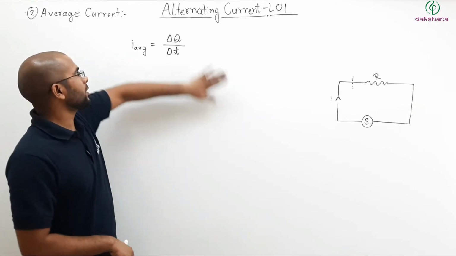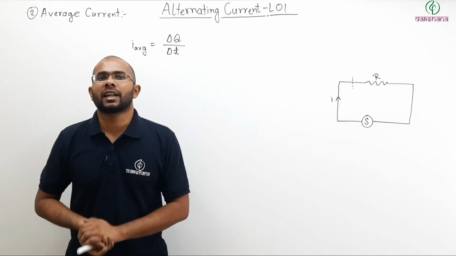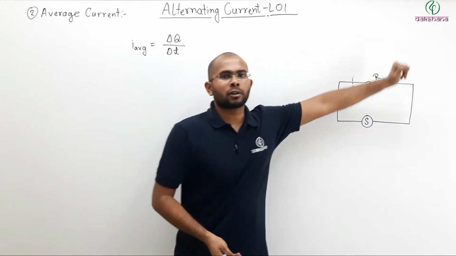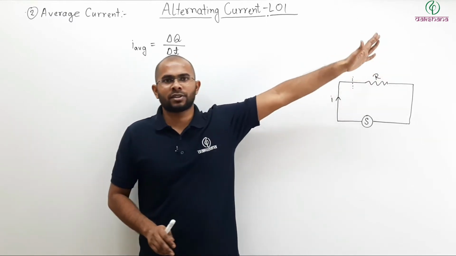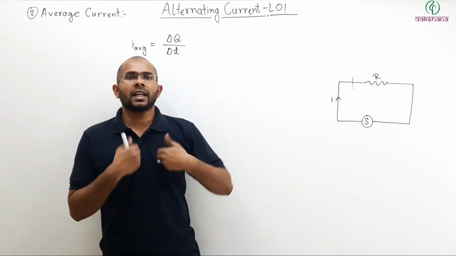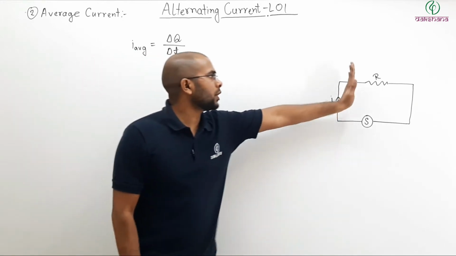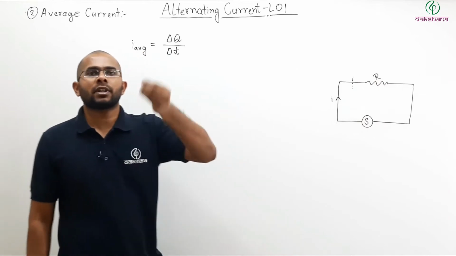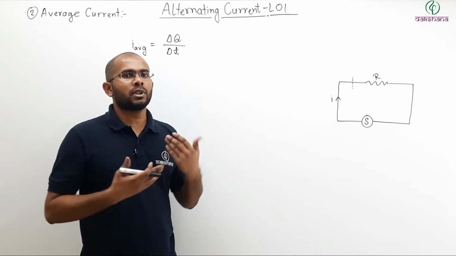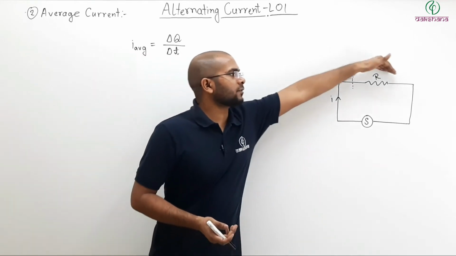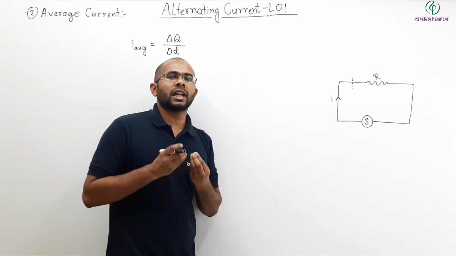Now remember, when we talk about delta Q, we have to define one direction as positive, other as negative. So for example, let us say I take clockwise direction. If the positive charge flows clockwise, we will take positive. If it flows anti-clockwise, we will take negative. So your average current is nothing but net charge flowing through a cross section in a given amount of time. So let us say I tell you to find me the average current from 0 to 5. Then what you will simply do? You will find what is the total charge flowing through this and what is the time taken, that is 0 to 5 seconds. That will be your average current.